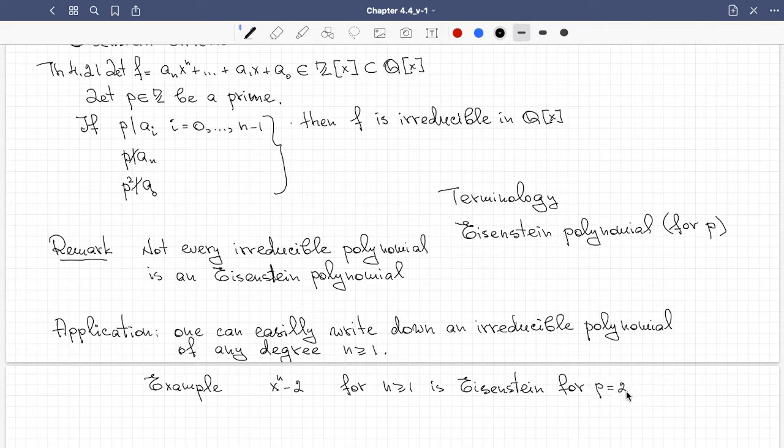For p equals 2. Therefore, irreducible. Indeed, the leading coefficient is 1, not divisible by 2. All other coefficients are zeros, and the constant term is 2. 0 is divisible by everything, by 2 in particular. The constant term 2 is divisible by 2, so this is